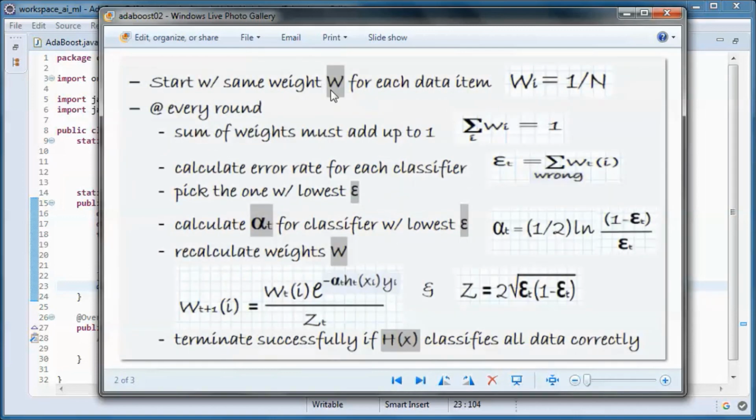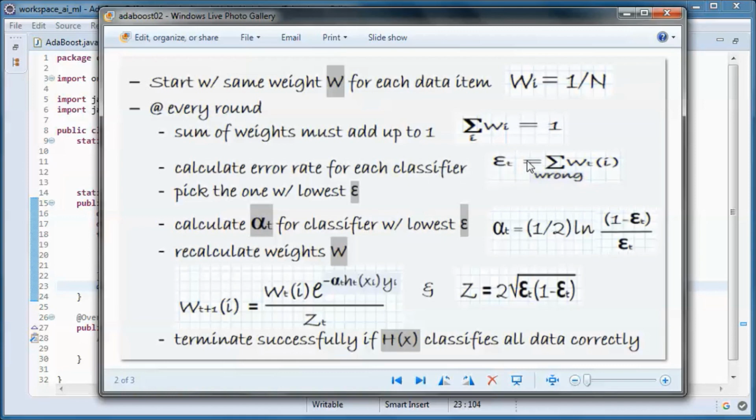So we start with the same weight, W, for each data item, and N here is the number of data items, and at every round the sum of weights must add up to 1, and we calculate the error rate for each classifier.